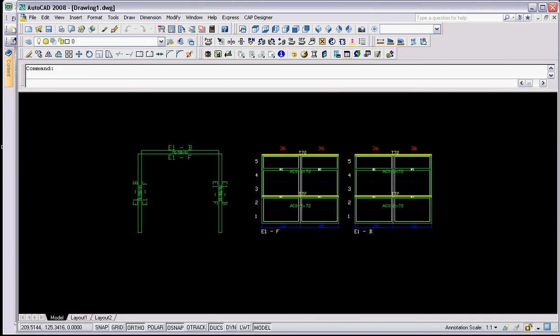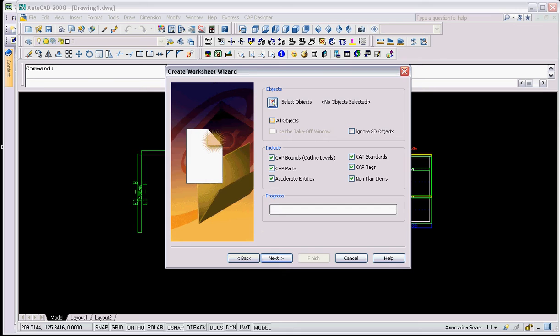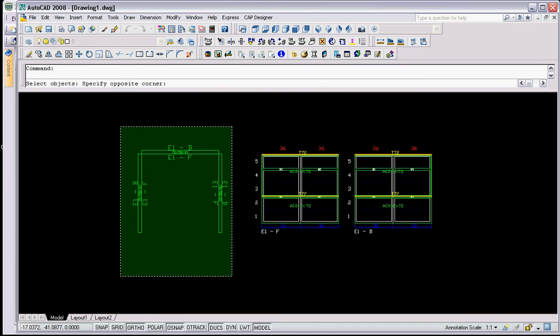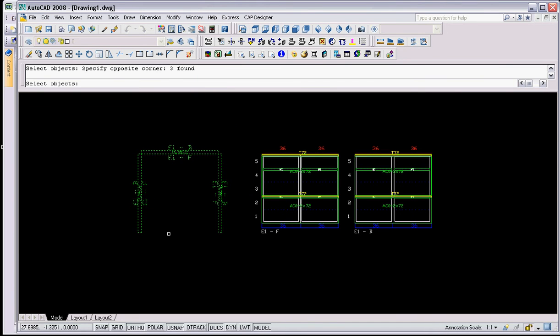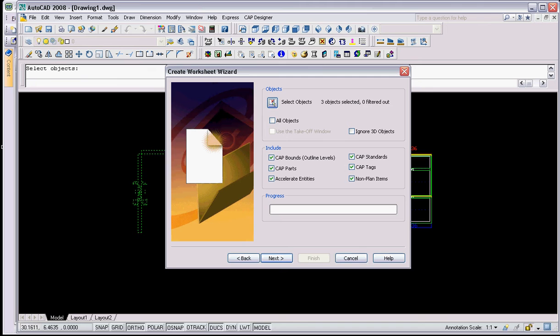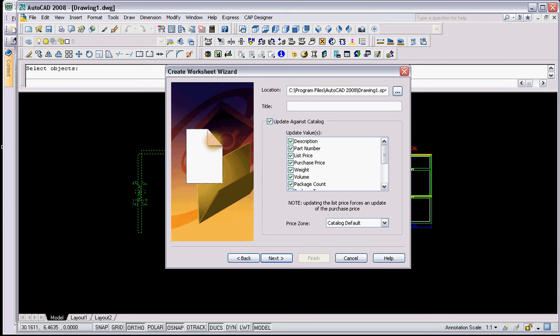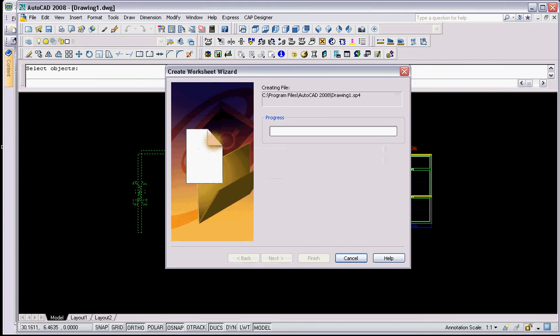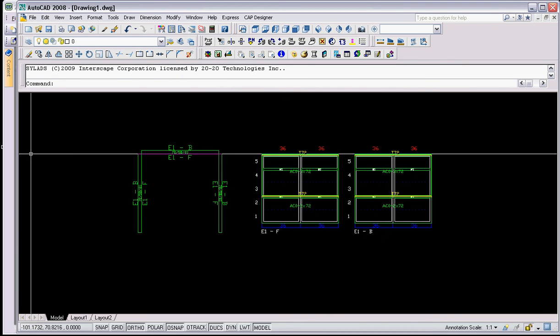And when I run my bill of materials, I'm going to circle again just the 2D parts, not the 3D. And in this example, I haven't included connectors because really I want to identify specifically to the elevations themselves. And just running a generic bill of materials so you can see the difference. I'm now going to select Finish,